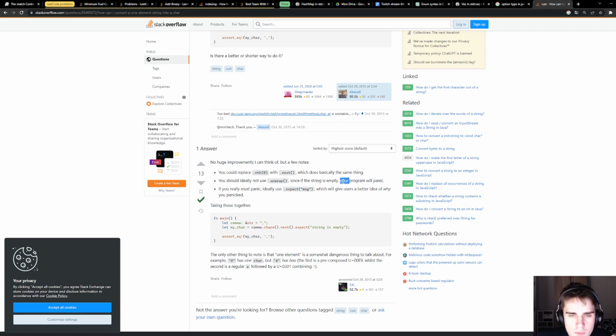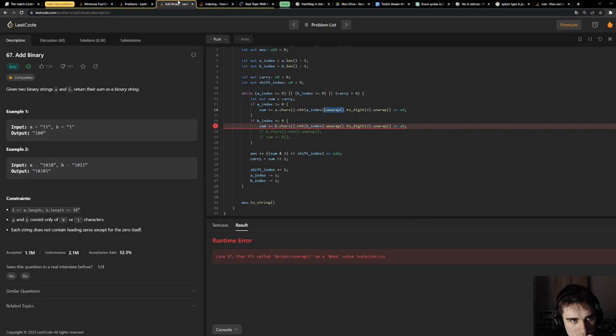Or actually, maybe we should use the unwrap, because we want the program to panic here, for example, to avoid graceful errors. But why can't I convert?